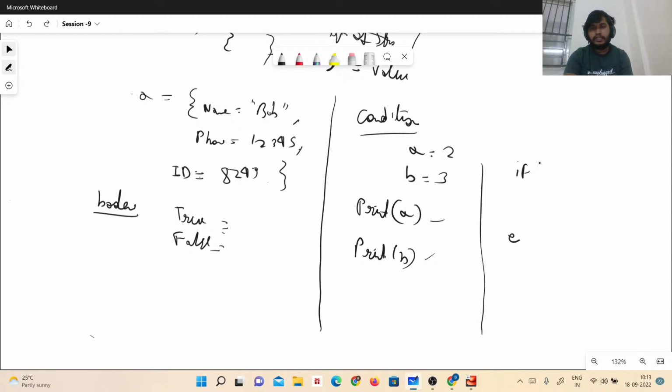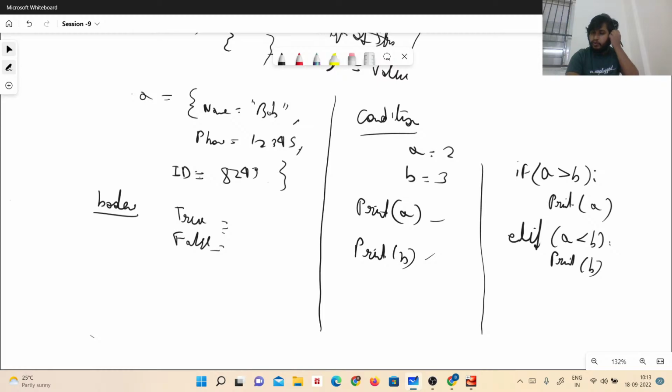Okay. So in the if, we can write something like this: if a is greater than b, colon, and print a, and else if a is lesser than b, then print b. And one thing more, in Python we don't have curly braces like in C++,